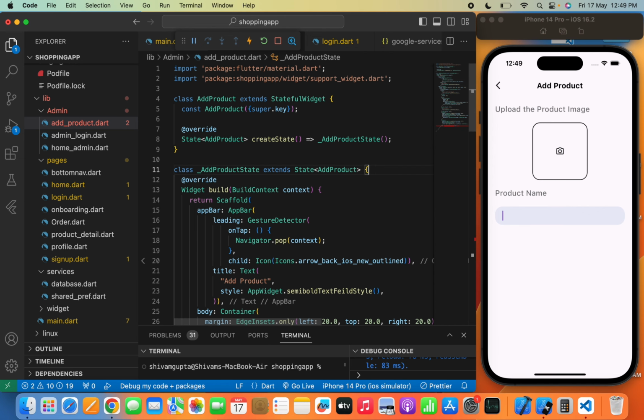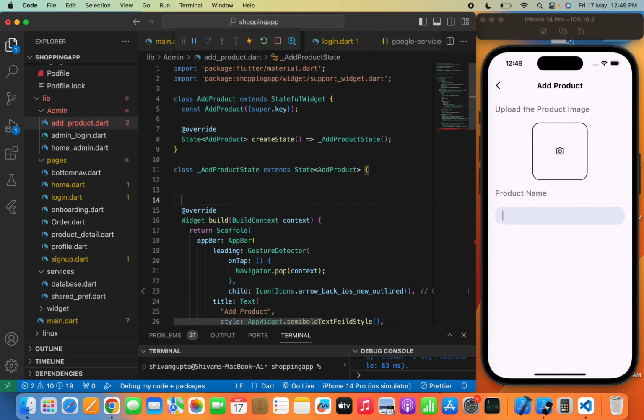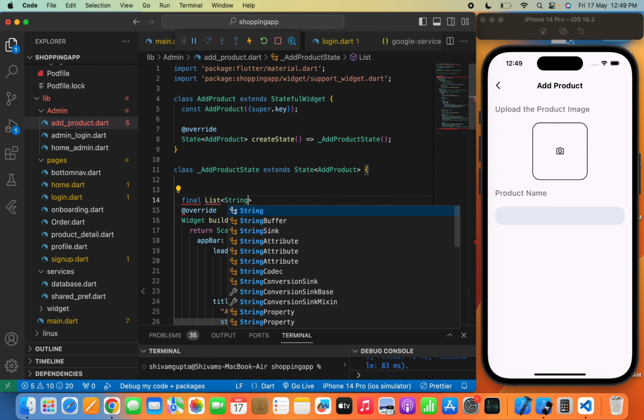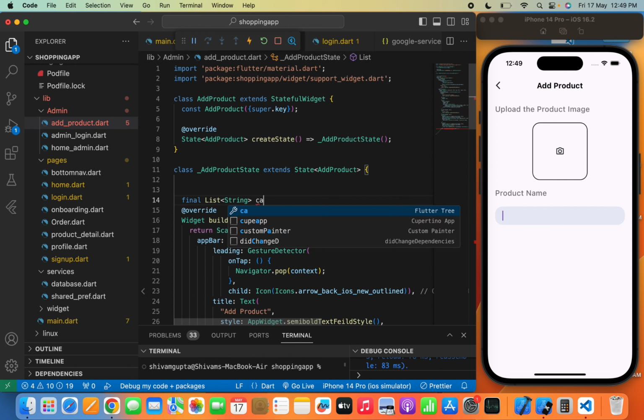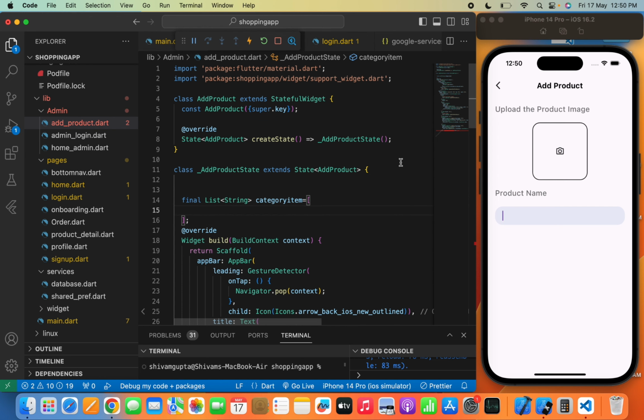So let's move and we'll create an item over here. So we need to create a list of strings. So I will simply write a final and write List, and in the list there will be a list of String. We need to show a category, so I will write category items, with a square bracket so that it suggests that it is a list. And in the list I will simply write watch, I think so, laptop, one was TV, maybe a TV,